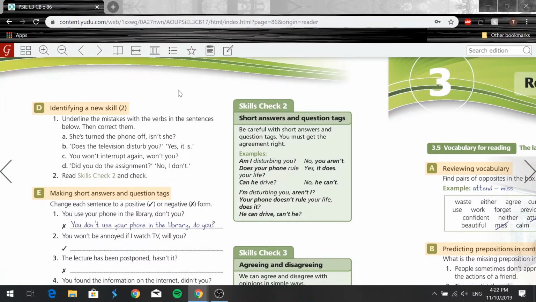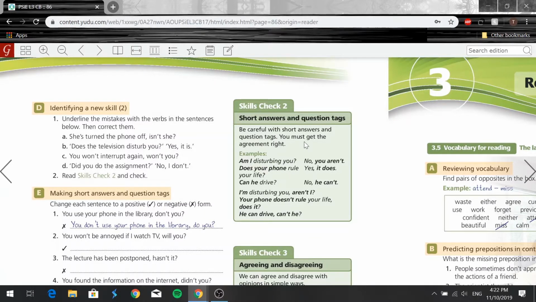Alright, you guys, so now let's move on to the final page of the speaking section, right? Let's start with exercise D. Here we have identifying a new skill. Let's go to skills check 2 first. So we have short answers and question tags. So be careful with short answers and question tags. You must get the agreement right. So always focus on yourself when saying short answers and question tags, such as if I say,